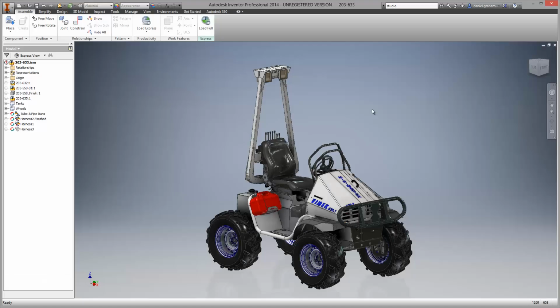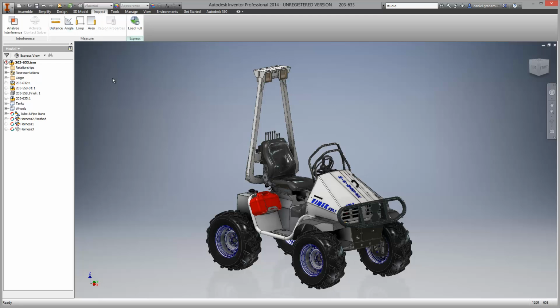So the first tip I want to share with you is one that allows you to customize your UI for efficiency. As you can see, I have an Inventor assembly open. If I look at this, you can see that my Assemble tab is the one that is on by default. Oftentimes when I'm working in the context of an assembly, I have to go to other tabs to gain access to different tools. So one of those would be, for example, I would go to the Inspect tab to invoke